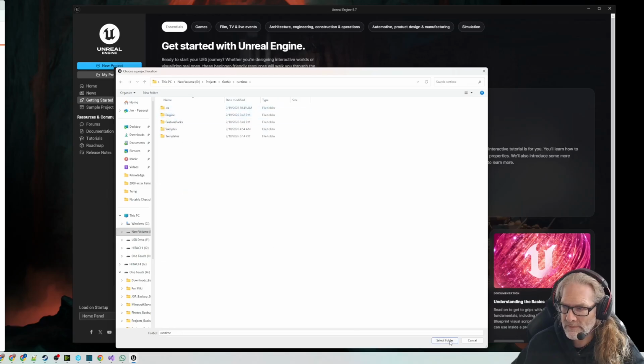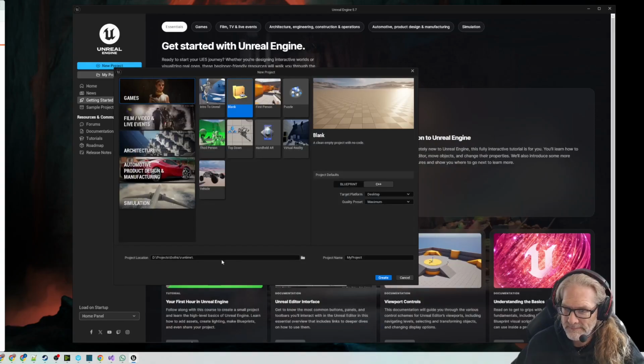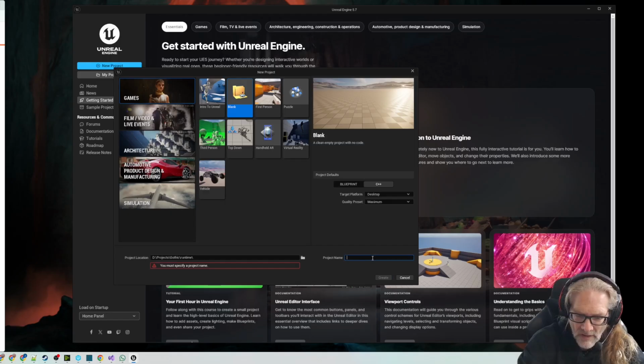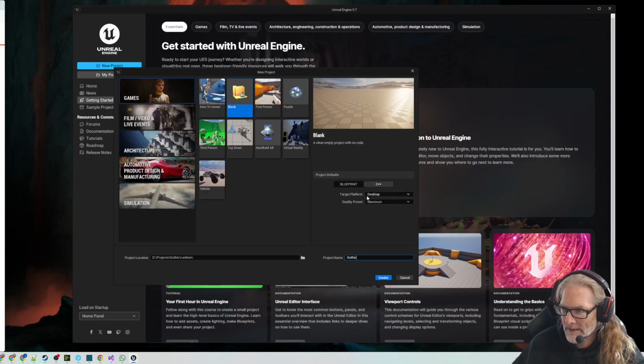That's my folder, and I'm just going to call it Gothic. My code name, and click create. I mean, target platform and quality. I think this gives you a bunch of the initial settings. You can try something different if for some reason you're planning to do mobile or something, but I'm just going to go desktop maximum. Click create,